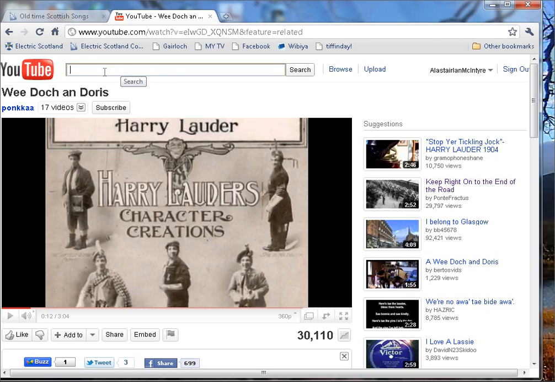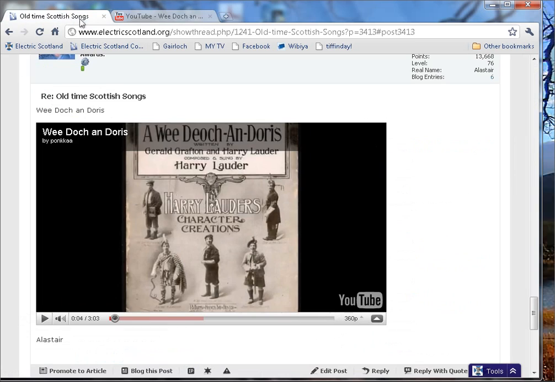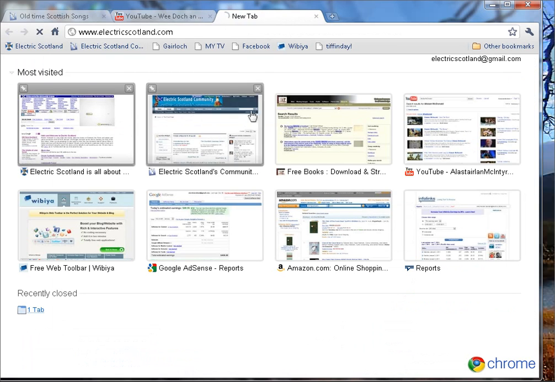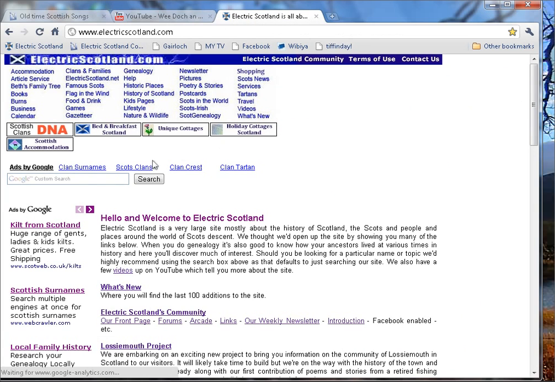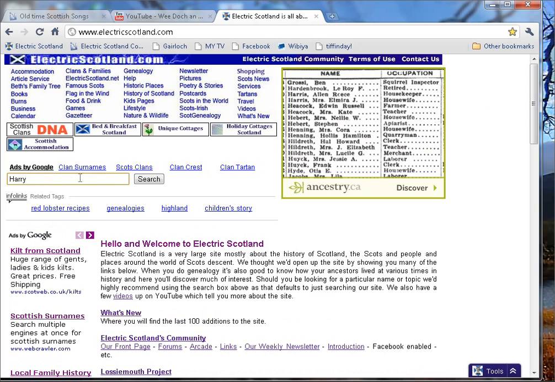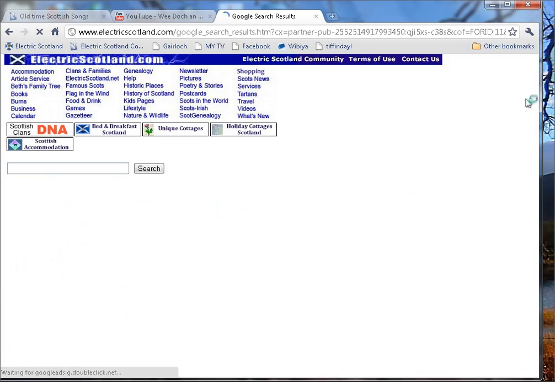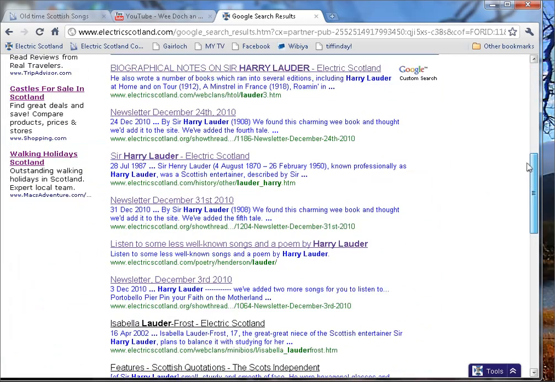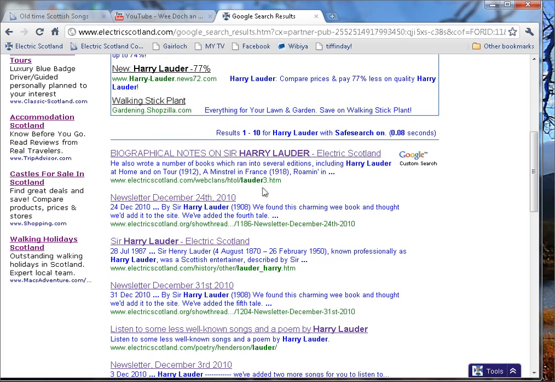At the same time, if there was a website somewhere for Harry Lauder, for example, if I come back here, if I add another pane and go back to Electric Scotland, I can actually put in here Harry Lauder and click search, and if I just scroll down a little bit, you can see that we've got various pages for Sir Harry Lauder. Now if I was to click this one, for example,